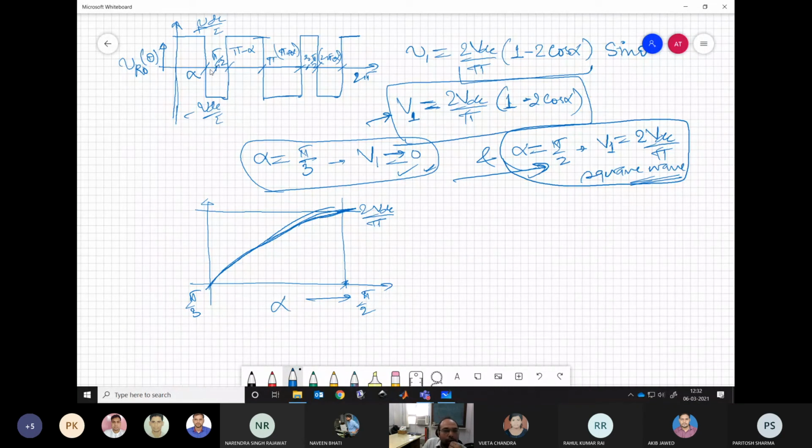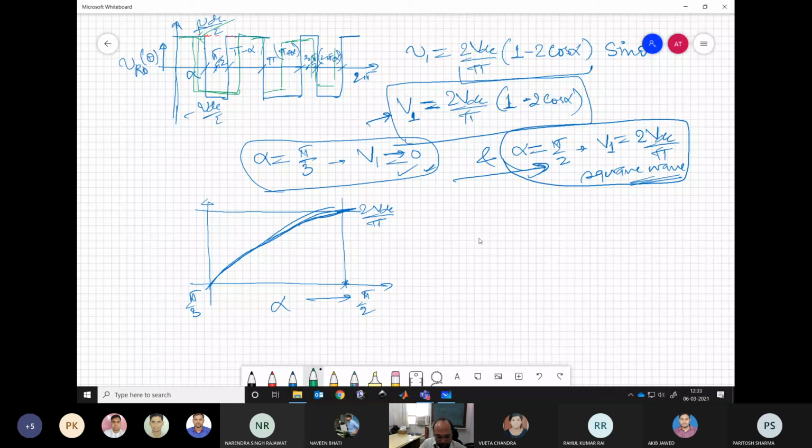Of course, when we are going for pi by 2, basically this notch is going close to 0 and then it's only the square wave operation. That's what we see. And when we are near pi by 3, that time it is only a third harmonic waveform. So of course, this third harmonic waveform will have some zero fundamental component because it is at 3 times the frequency of the fundamental. So something like that. It's not very accurately drawn.